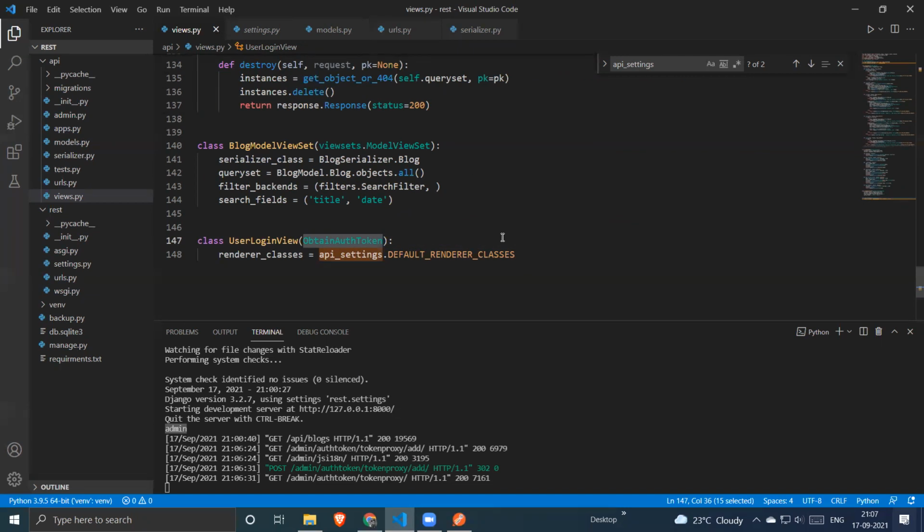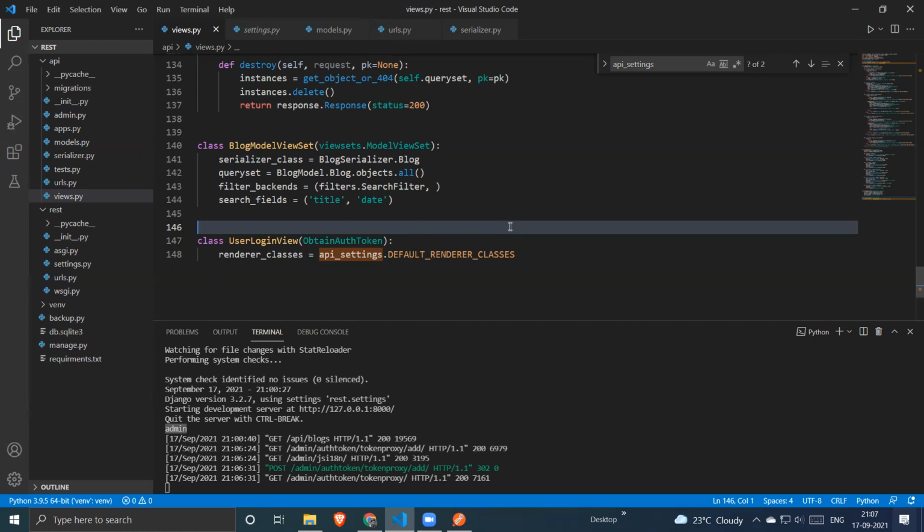Sir, my fourth question is, for each request, does the client send a token to the server, or only one request? No, for every request, the client has to send his token. But it will reduce the performance of the server if lots of front ends send requests at the same time. No, it won't, because headers are already there in the request. You are just passing one more key value.